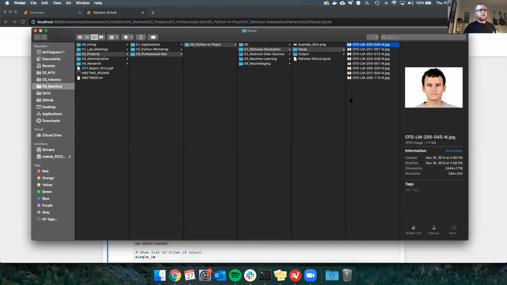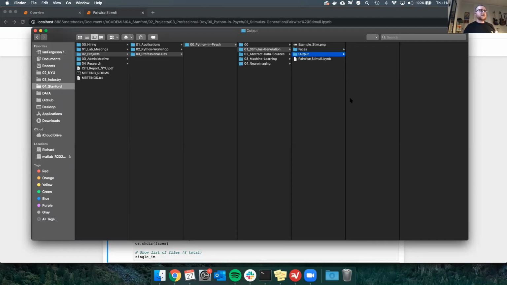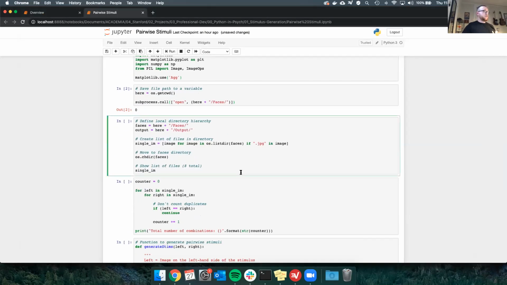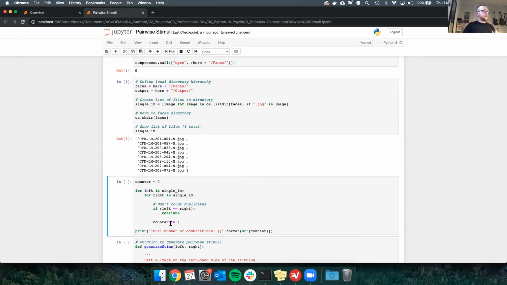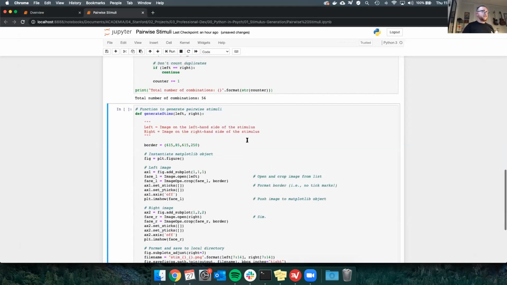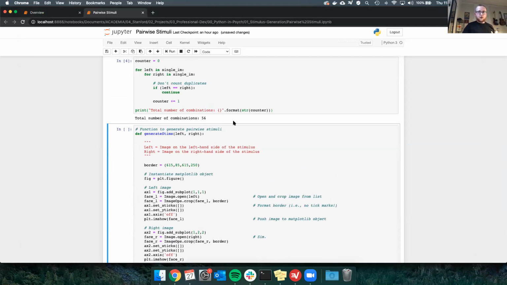So we've got 8 photos here from the Chicago Face database, all single images. And then we have this output directory, which is currently empty, right? So let's bring those into our program in a list, and we can see these 8 are the same 8 that we have on our computer. I don't know about everyone in this meeting, but my ideal afternoon doesn't always involve sitting in Photoshop pairing up faces, and it would take a long time, especially when we're talking about 56 total combinations of faces here. So it would take a long time to do this manually.